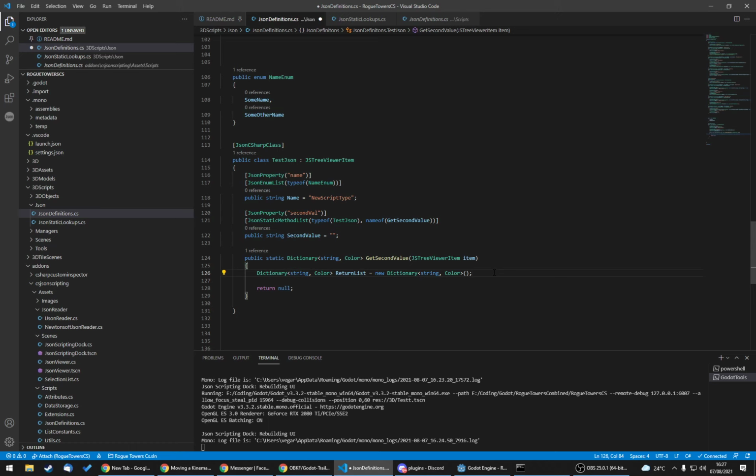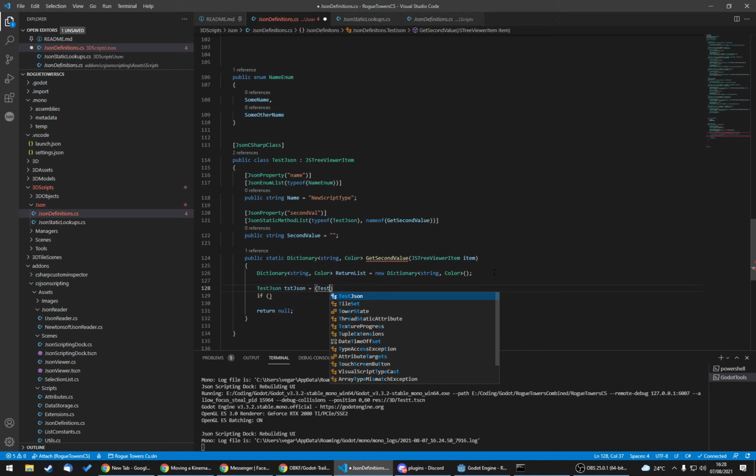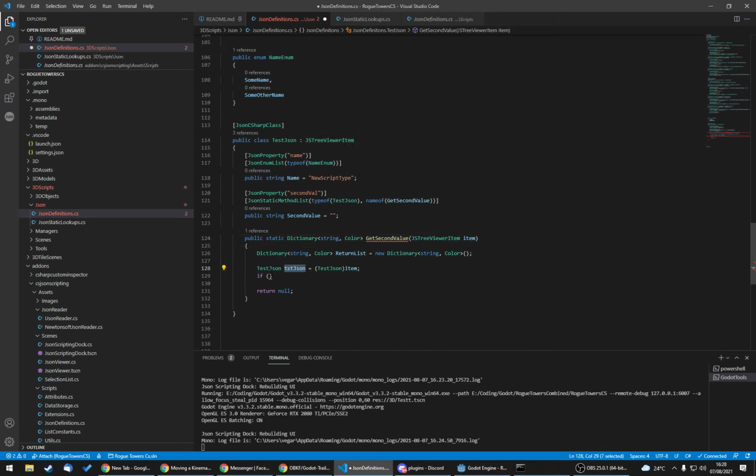So we get this item in, so we can do if item dot. Of course, we need to cast it, so we can do like this is a test JSON. So we need to cast it because we get it, of course, as a generic item. Now we can do test JSON name equals name enum some name to string. So if it's some name,